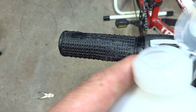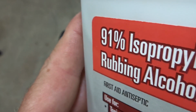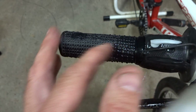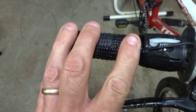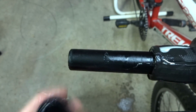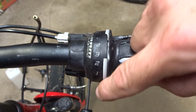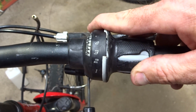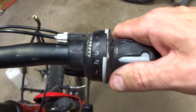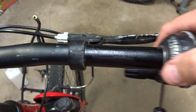Then using just a little bit of isopropyl alcohol, rubbing alcohol, which you get from your local pharmacy, I'm just going to drip a little bit down into there. It'll work its way under the grip and work as a lubricant, and then I can slide the old grip off like that. And then down here on the back side of the shifter, there's a little 2.5 millimeter Allen screw down here. So I'm going to loosen that,